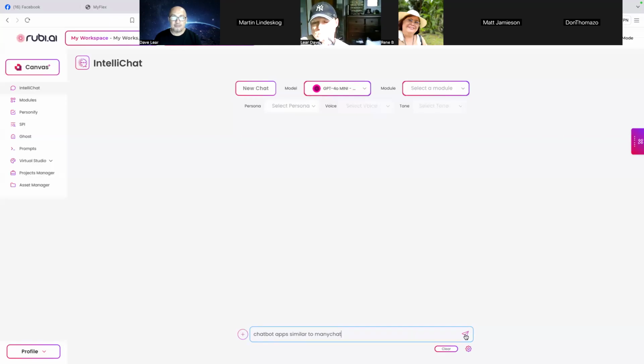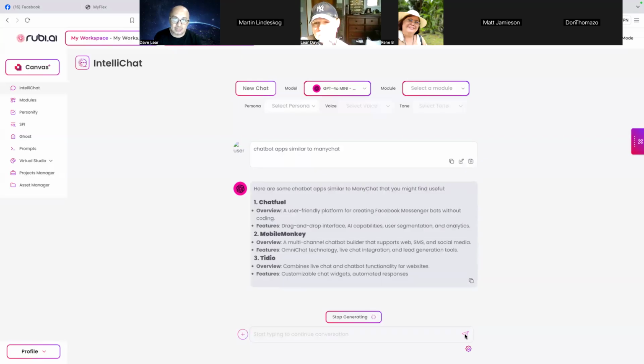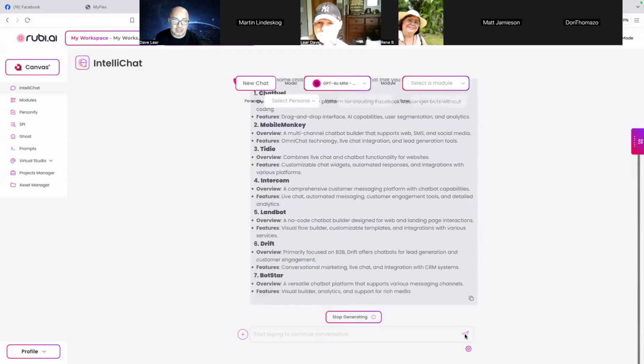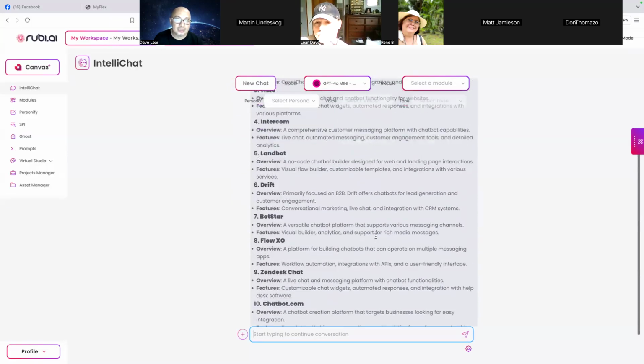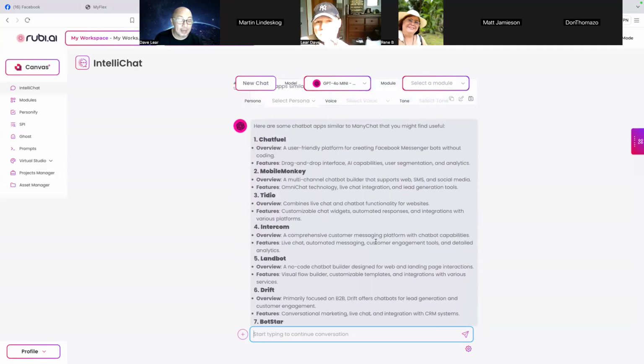Yes po ate. I searched here for chatbots similar to ManyChat. So these are the chat applications, please research them. These are the chatbots that are similar. They are auto replies that you can attach to your social media like Messenger, Instagram.